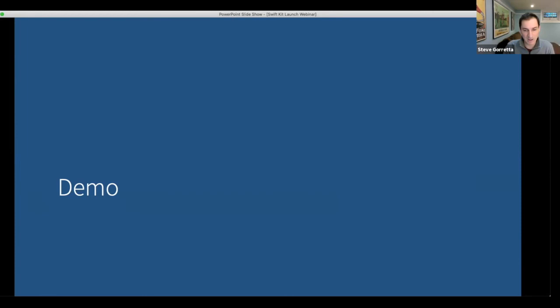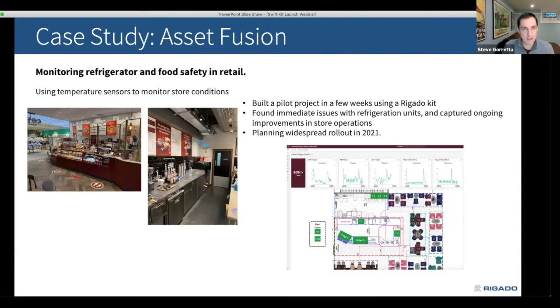And again, we try to make that as seamless as possible, and most of the time you're using the same devices and device templates. Another case study, so this is the one that I didn't put on the agenda, but